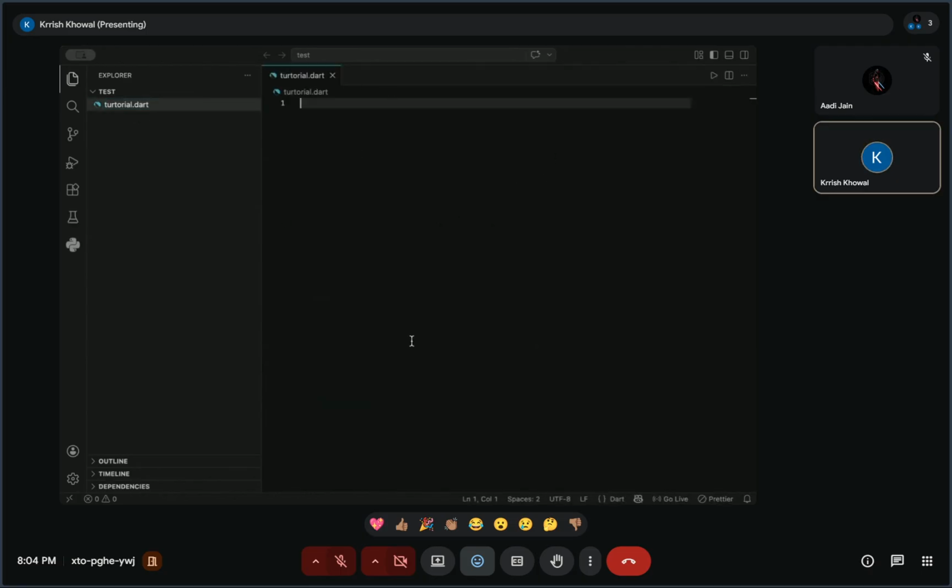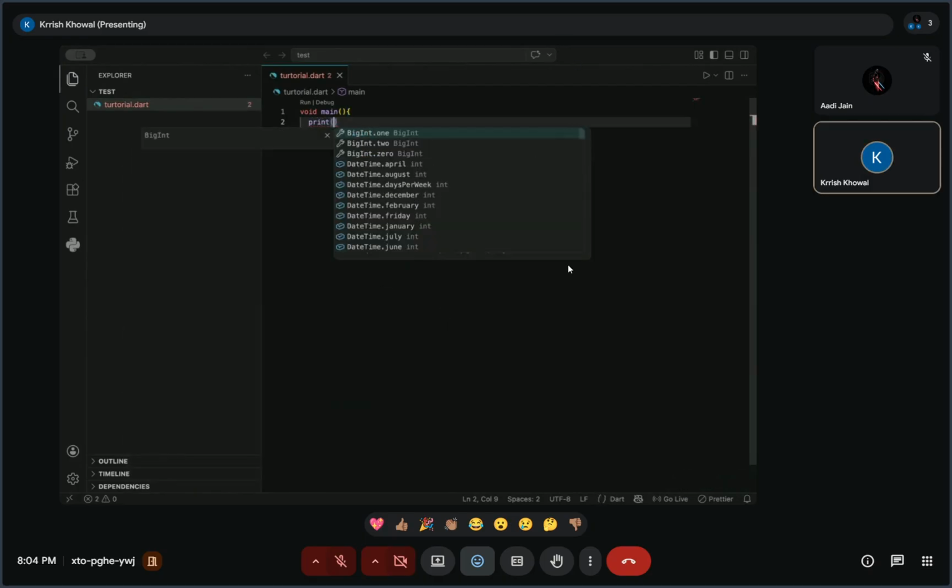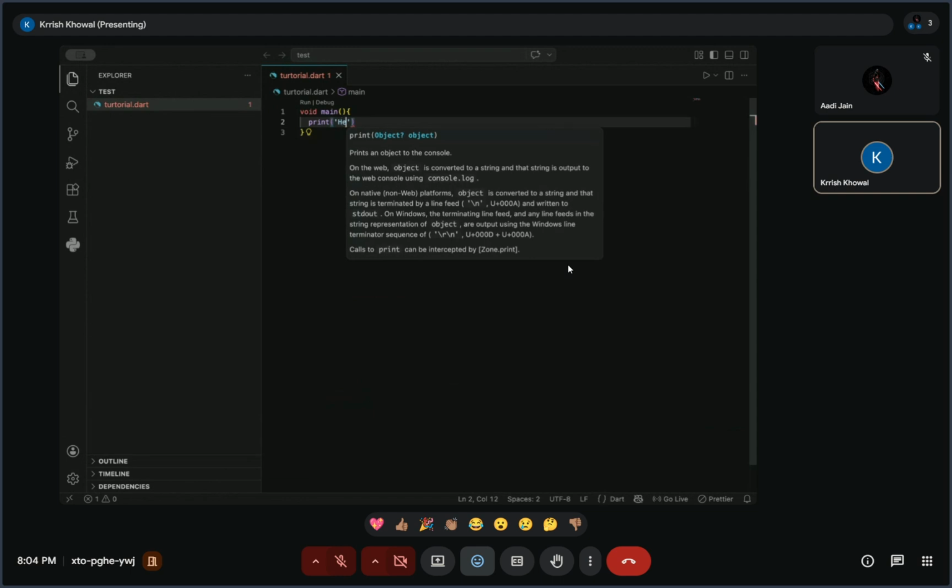Now, working with Dart, first of all, we need to know it's very similar to how we use C or other languages, where there's a main function, which is the main entry point of the file. Whenever we want to run anything, when we run the file, the main function is the first thing that will run. So we need to make sure that we have a main function in our file, and everything else is called inside it. So let's start by, I guess, printing something to the console and trying the